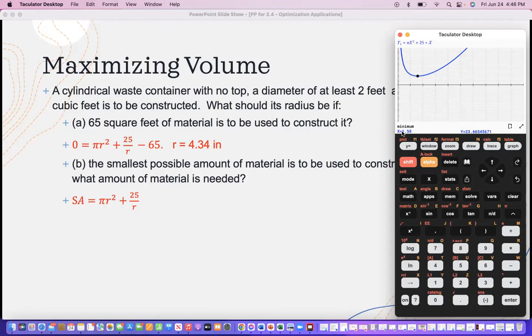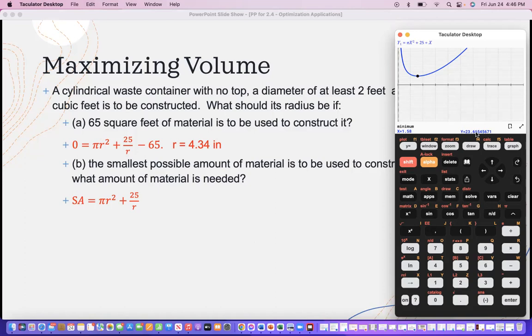And here we have it, 1.58. And this would be my radius. That fits into what my minimum was, because the diameter had to be 2 feet. So that would be a little more than 3 feet going across. Remember, radius is half of the diameter. So multiplying that by 2, we're above 3, which is at least 2. And this would give me my minimum surface area of 23.6